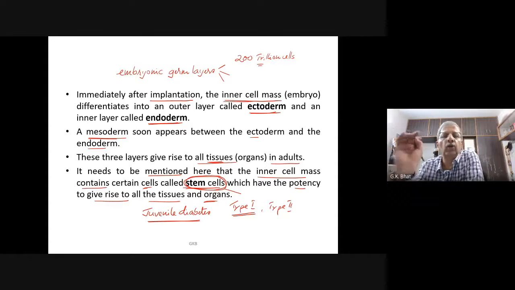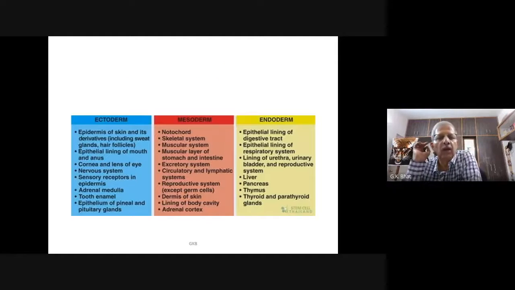So now we have to look into what the derivatives of ectoderm are, what the derivatives of endoderm are, and what the derivatives of mesoderm are. Now let us look into that. I request you to take a screenshot of this. You must know which are derivatives of ectoderm, which are derivatives of mesoderm, and which are derivatives of endoderm. We are going to study this in today's class itself, and we have to memorize it. Please listen to me. How to recall and memorize this very easily? There are ways.